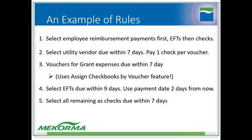Thank you. Okay, here are some examples. This is some of the criteria, the rules that you would use for your criteria. Just to give you some examples, you'll have your own, but these are ours. Maybe you want to select employee reimbursement payments to print first, then EFTs, then checks. That's possible. Maybe you want to select a utility vendor that's due within 7 days and pay one check per